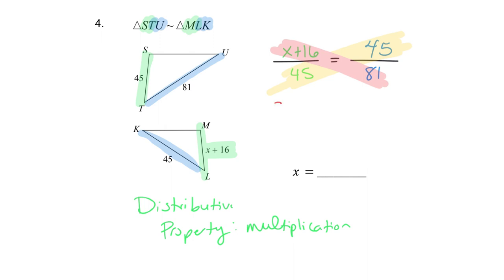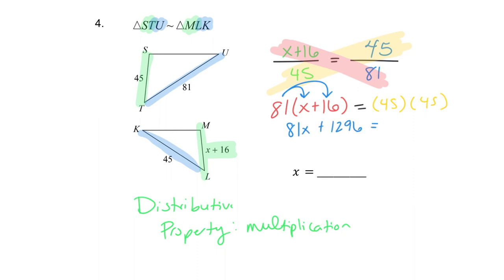So as I go through and I solve them, I have 81 times x plus 16 equals 45 times 45. We have to go ahead and do distributive property, which means I'm going to multiply the 81 times x and the 81 times 16. That will give me 81x plus 1,296 equals 2,025. Solve the two-step equation this time, so it's no longer one step, and I get 81x is equal to 729. Last step is to divide by 81, so x equals